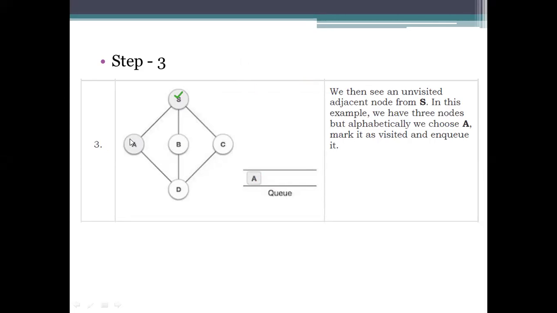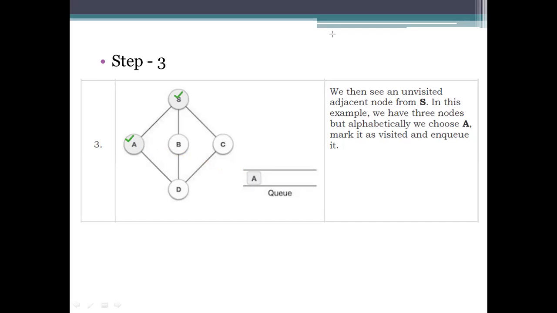First, we visit A, mark it as visited, and display it as a visited node. After that, we need to store it in the queue, that is, enqueue A.